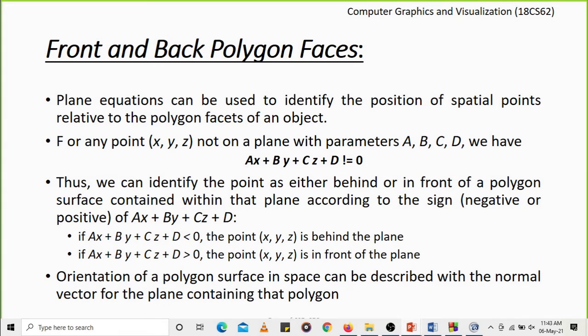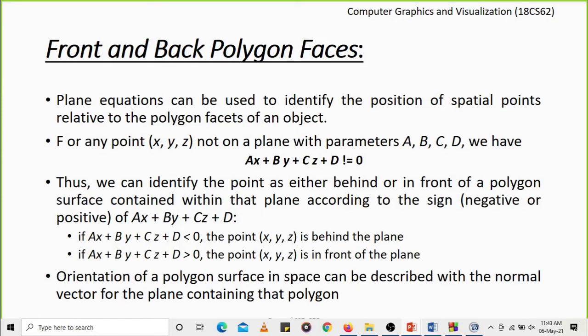Similarly, if it yields a positive value, the point can be considered to be in front of the plane. So given the x, y, and z coordinates of a point and the values of the parameters a, b, c, and d, you can use this plane equation to check whether the point is in front of or behind the polygon, or the plane.